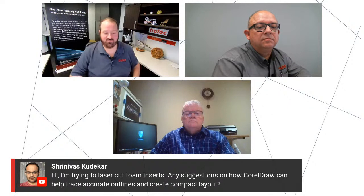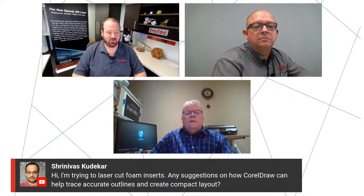I'm trying to laser cut foam inserts. Any suggestion about how CorelDRAW can help trace accurate outlines and create a compact layout? That is a tricky one. When you're creating an outline of a tool or a path, my suggestion is, because you need accuracy,